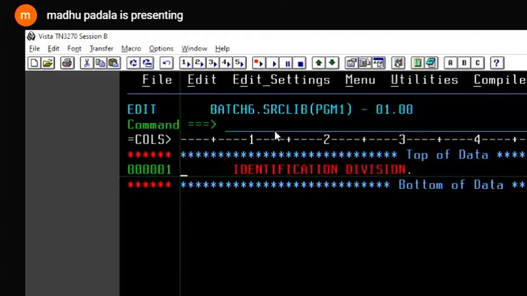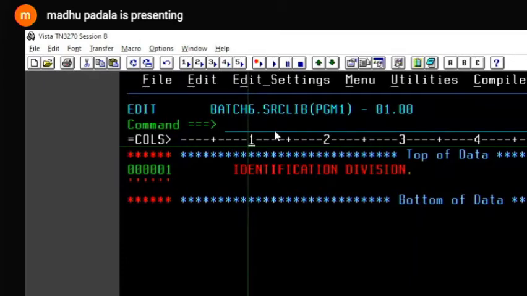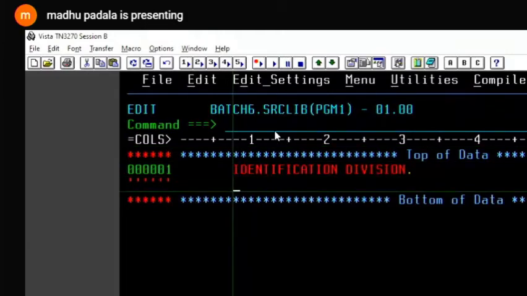Identification division is the first division in COBOL, which has to start exactly in the 8th column, or anywhere between 8, 9, 10, 11. This is called area A. We'll see this later, and I'll tell you all the rules a little later.